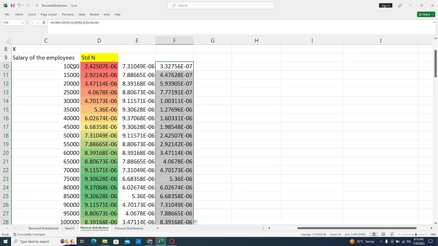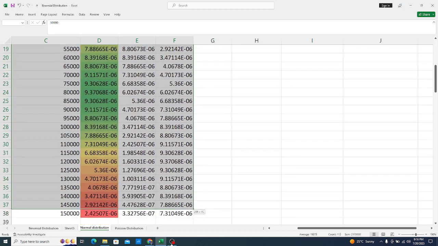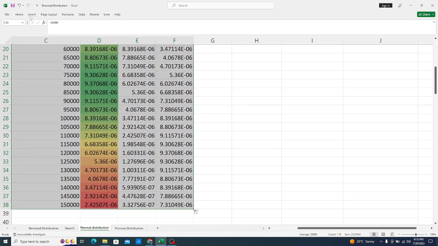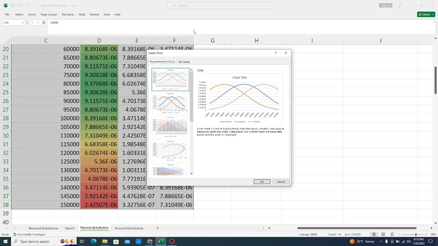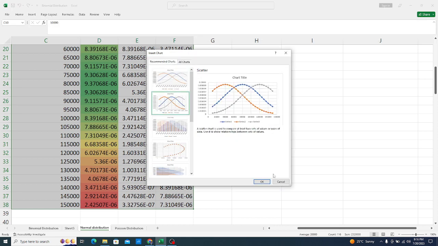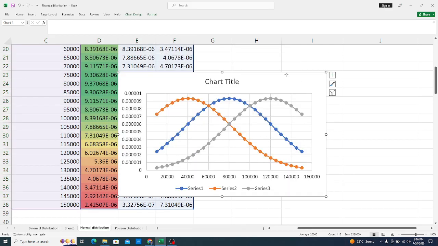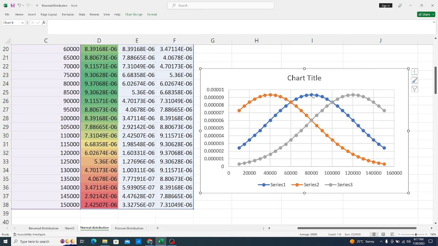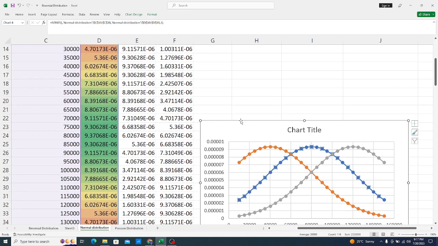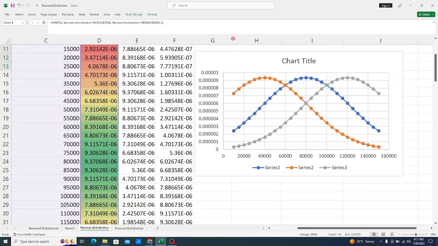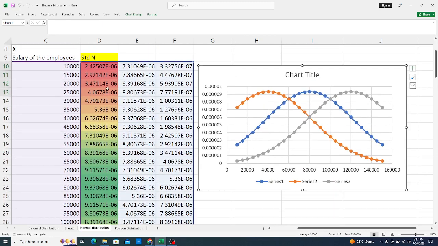Good. Now let's try and plot the normal distribution curve and see what impact mean will have. Okay, so this is our normal distribution curve. This is the standard. You can see, even when I select it, you can see the data which is selected. When I click the blue line, you can see it is our standard data. Okay, what happens when we increase the mean,